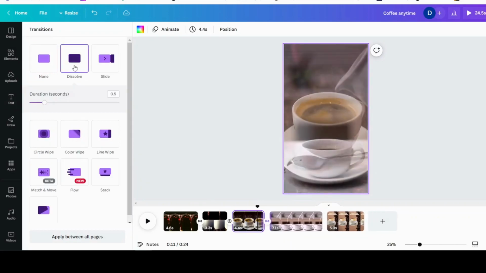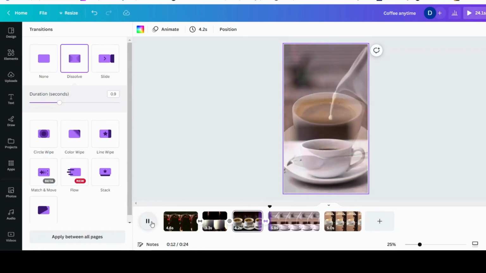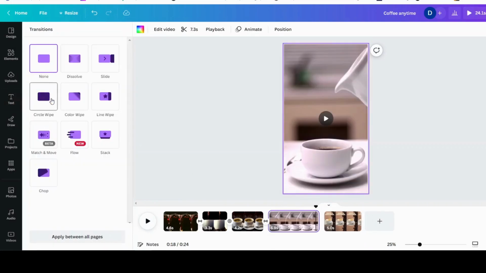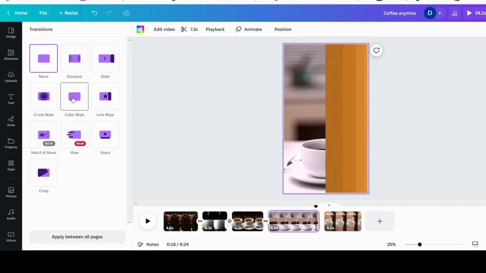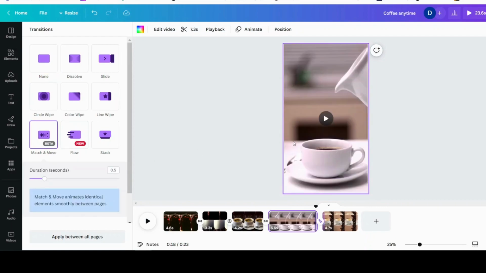And then I want this to be dissolved again. I'll go to 9. So let's see. Then we go to pouring of the milk. Now you can stop it there, just when that little bubble is coming out. Okay, and then the next one, I'm going to do a match and move. Okay, so let's check it out. So we go up to the milk,